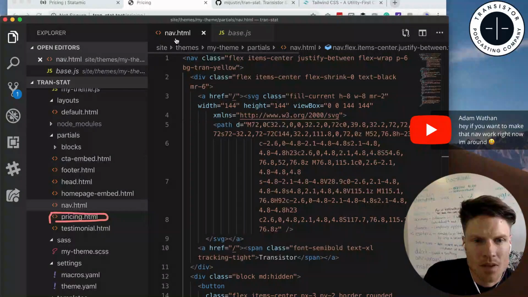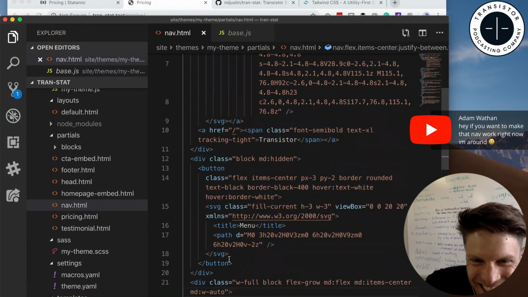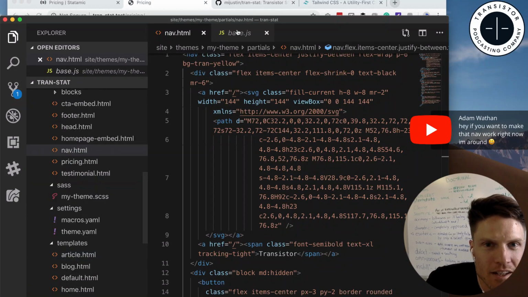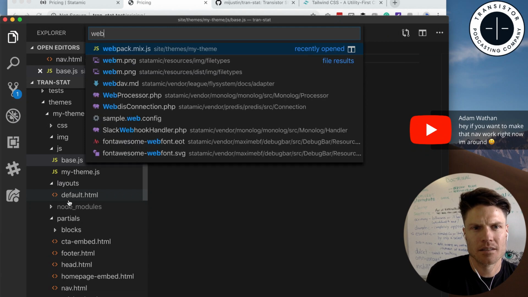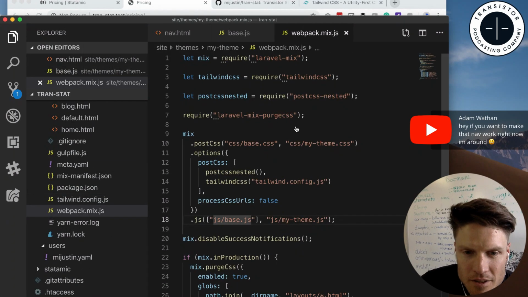This is my theme.js. So pull up your webpack.mix.js file again. Quickest way to do this, by the way. I don't know if you've done this yet, but if you just do Command P, that's the way to find this stuff. Okay, so